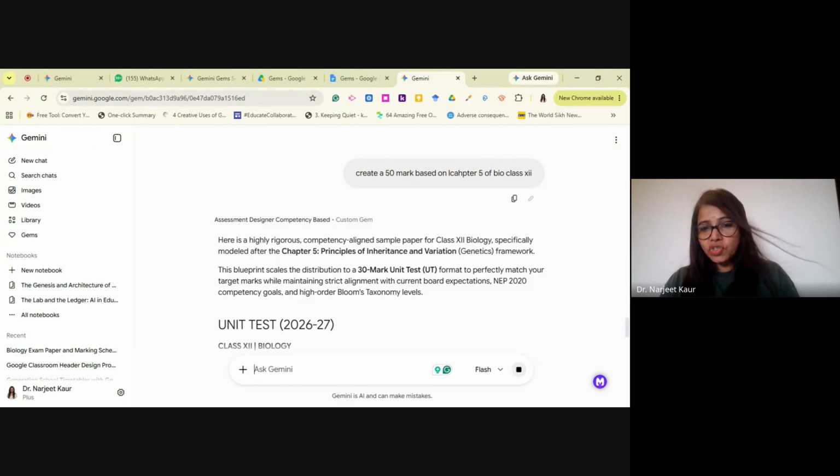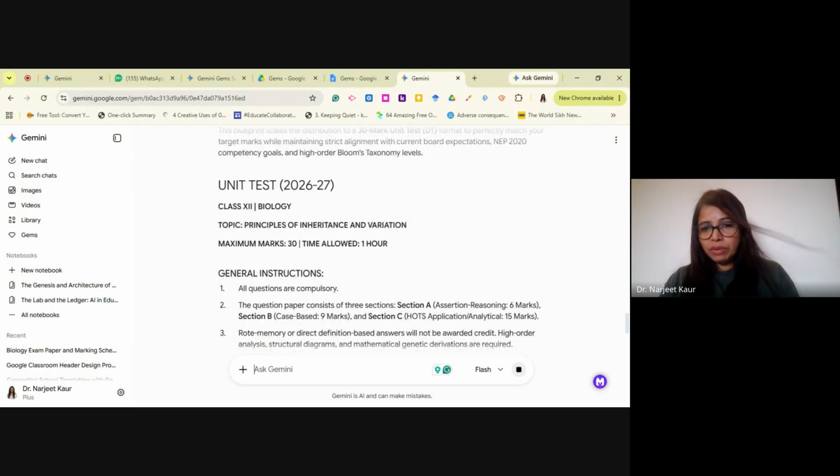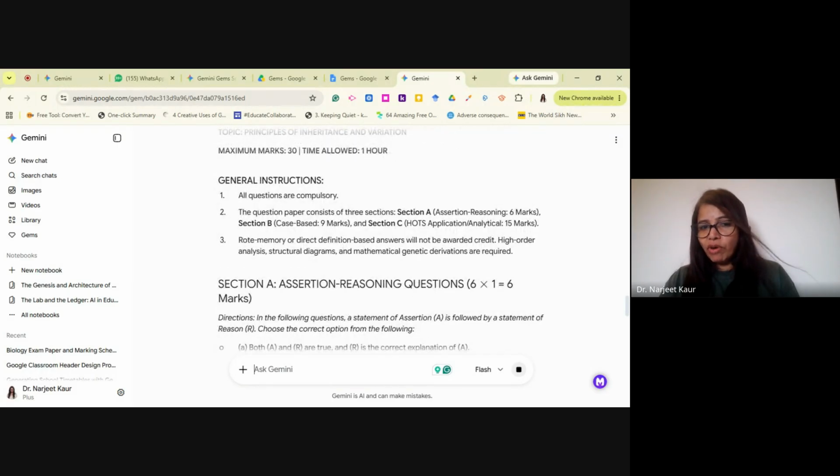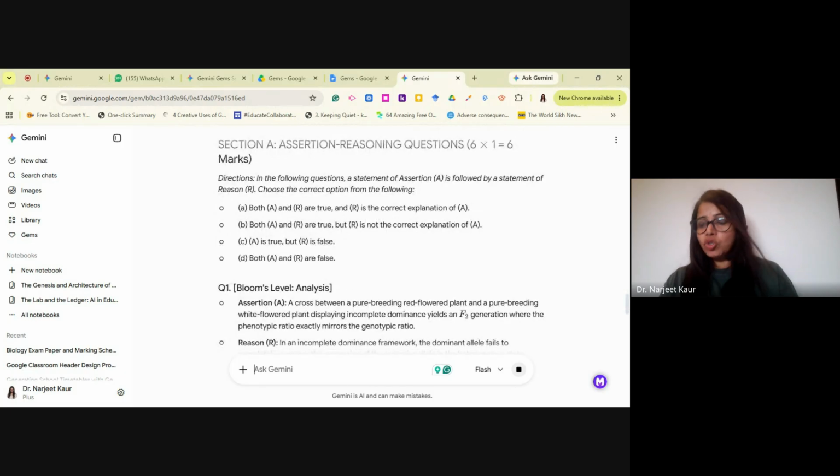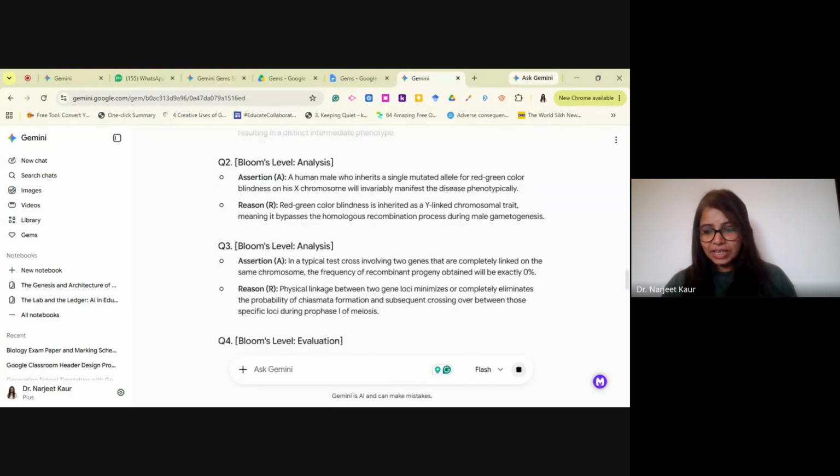It is generating a question paper based on how you want everything to be, right from the instructions to including all kinds of questions and allotting marks according to its understanding of the gem that you have created for it. This is one kind of gem that you can create as senior teachers, for generating question papers.